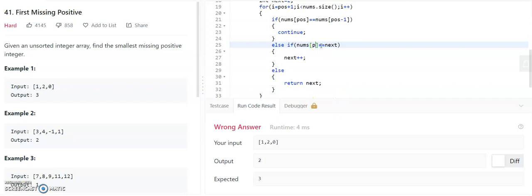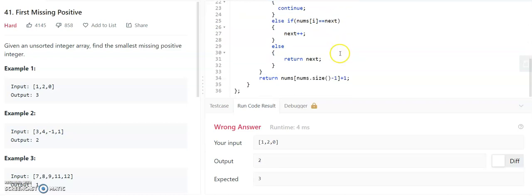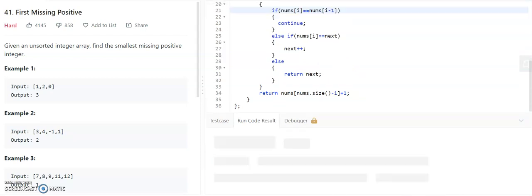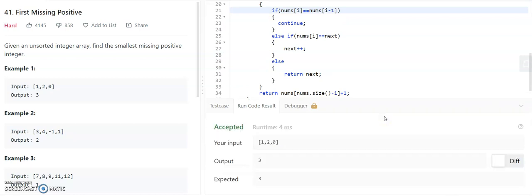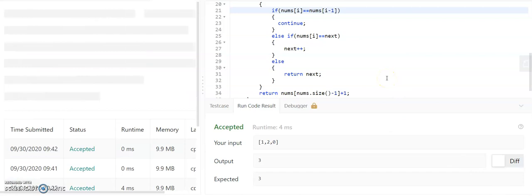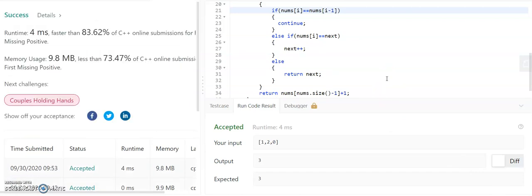Okay, here it is i, not pos. Yes. Okay, now try to submit this. And that's the solution. Thank you.